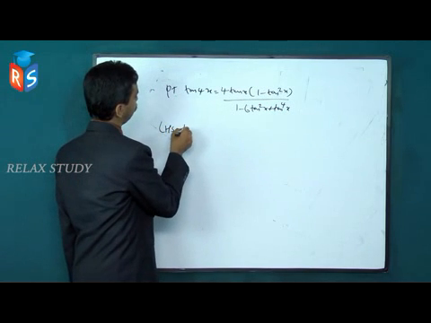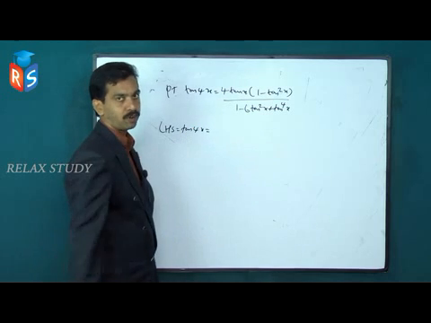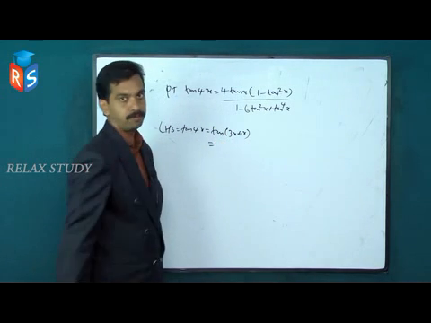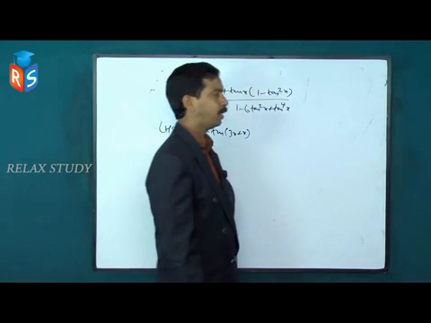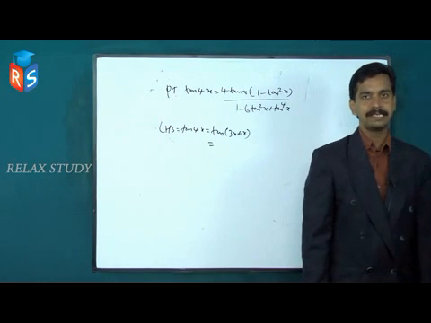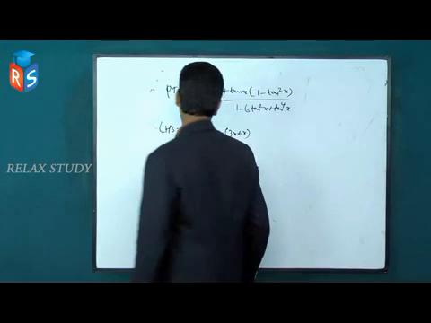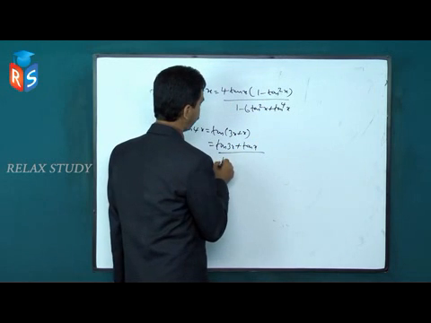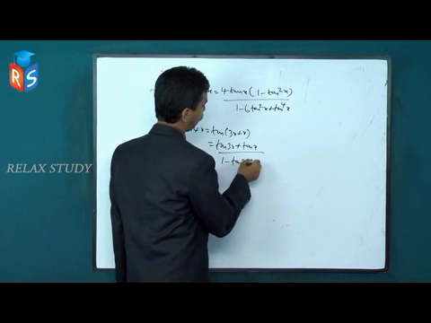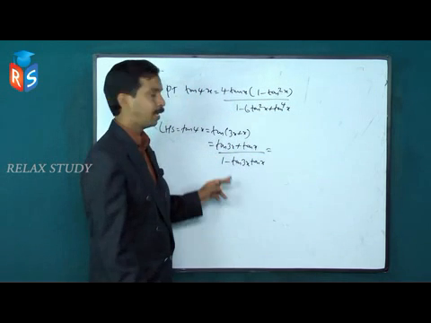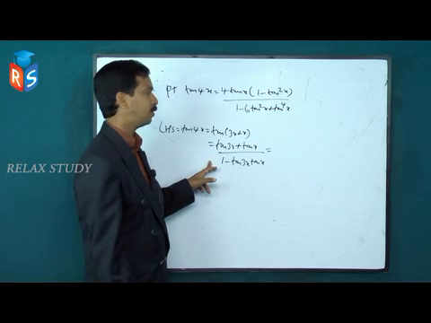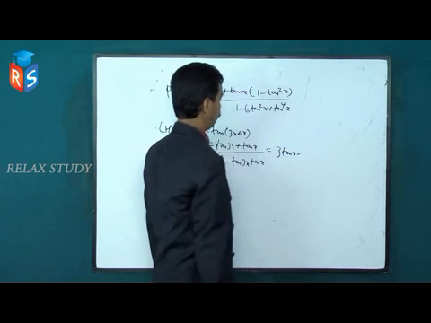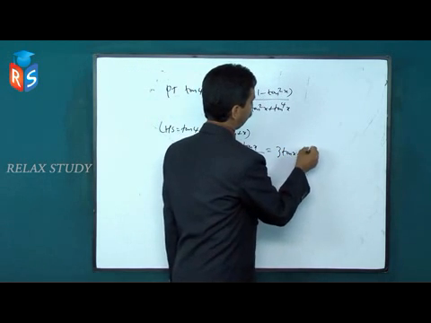So LHS is tan 4x. Tan 4x I can split as tan (3x plus x). We have studied tan (a plus b) equals (tan a plus tan b) by (1 minus tan a tan b). So tan (3x plus x) equals (tan 3x plus tan x) all divided by (1 minus tan 3x into tan x). Now I can replace the value of tan 3x. Tan 3x equals (3 tan x minus tan cube x)